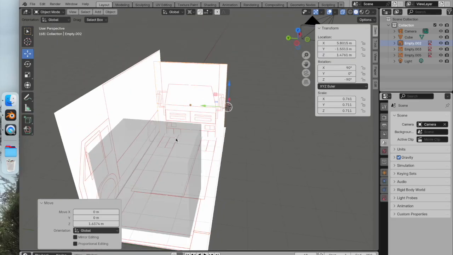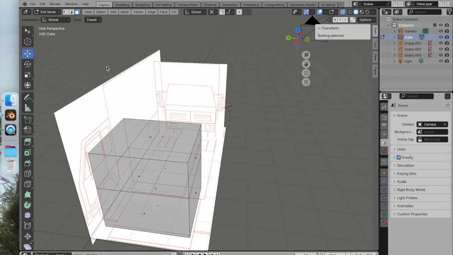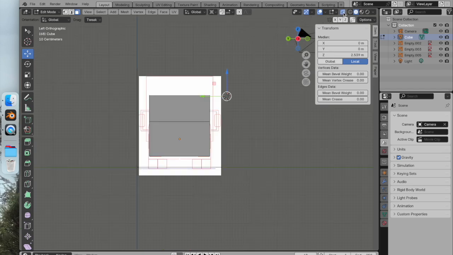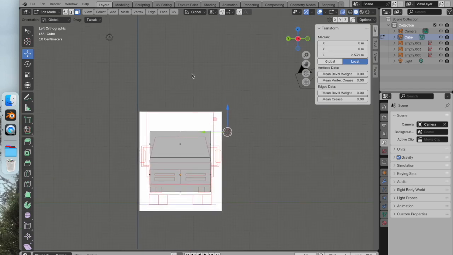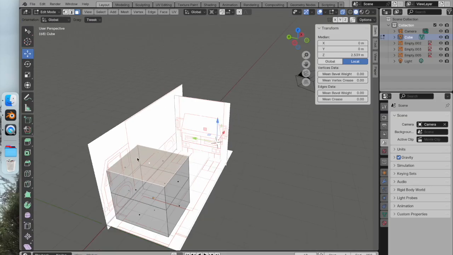To adjust the top of the cabin, I can go to edit mode and select this surface, of course. I should keep it in X-ray mode, and then I can scale it to the middle. But in order to scale it to the middle, you see now it's the cursor. If I move the cursor maybe here, and so if I use the cursor to scale,